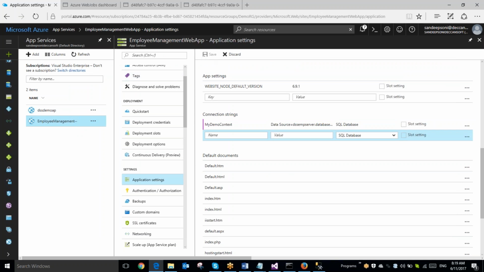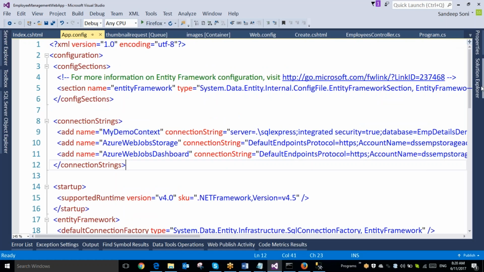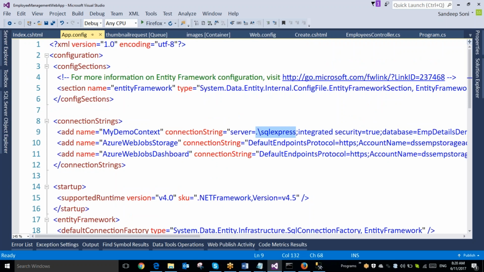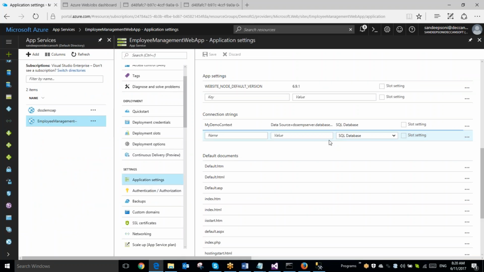This is a very important step. I repeat once again, the error is when I published my web job, the connection string is referring to the local SQL database. Hence the database which was created in Azure, SQL Azure, is not getting updated. So we want both of them to make use of the SQL Azure database. Hence in one place I made the change, that is in the application's app settings. Now let us try to add a new row, or we'll go to the web jobs,